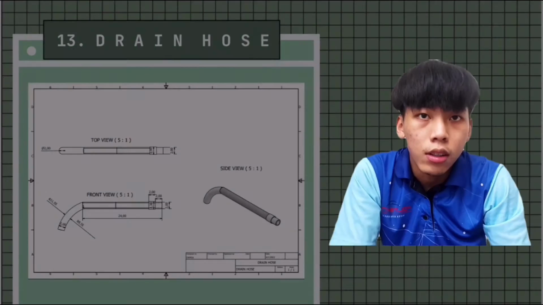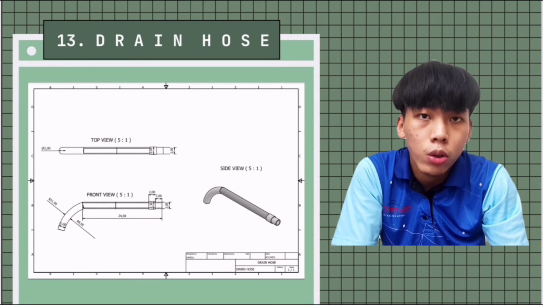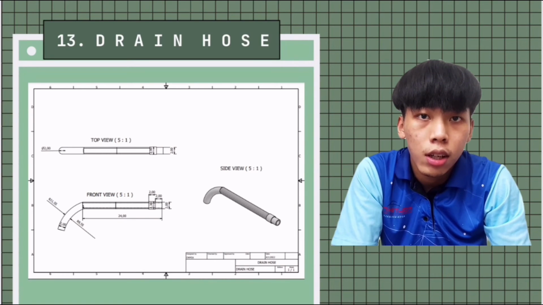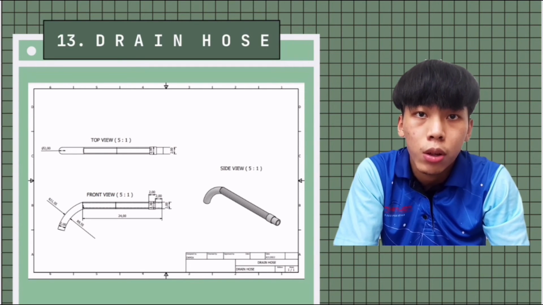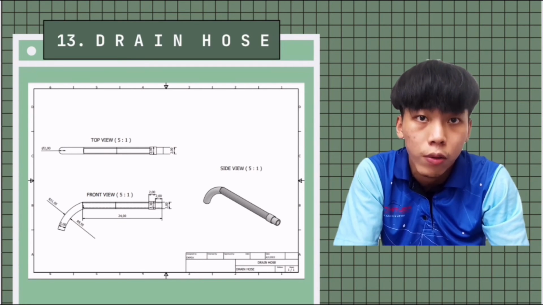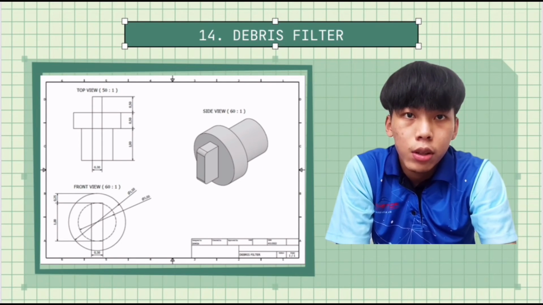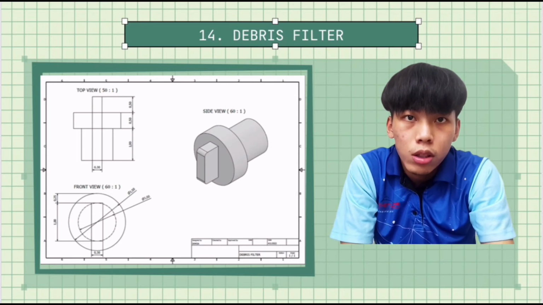the tube. Part 13 is the drain hose, which removes water from the tube during the spin cycle. The curve of the hose has an 11.5 radius, the straight hose is 24 millimeters, and the width of the hose is 2 millimeters. Next is the debris filter, which is to arrest all debris that may obstruct and interfere with